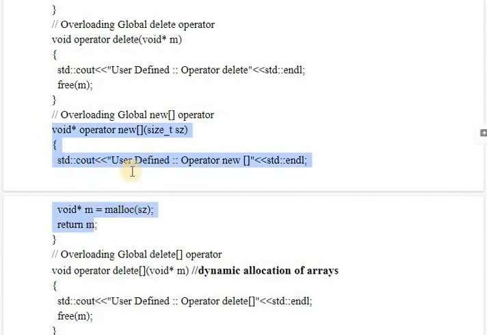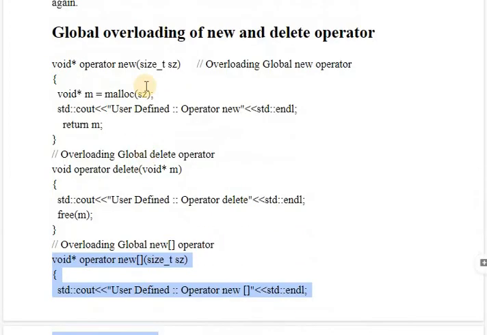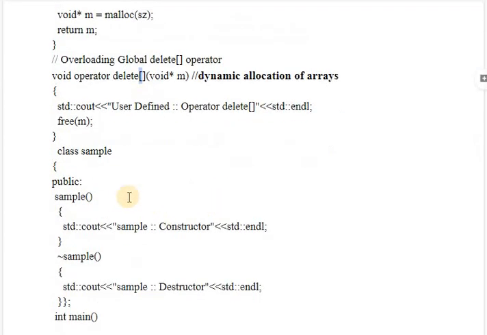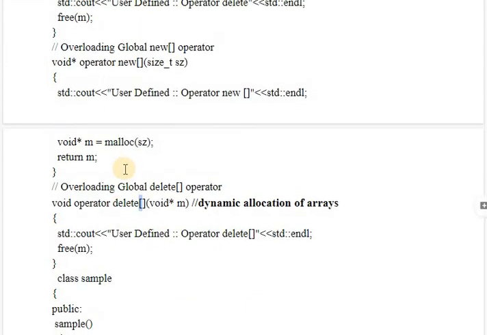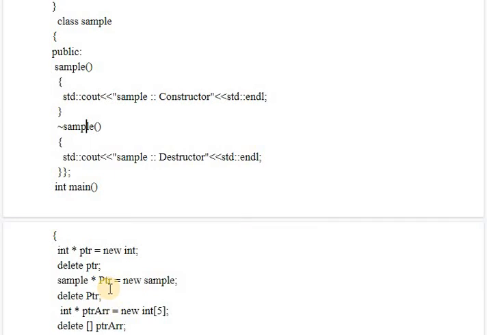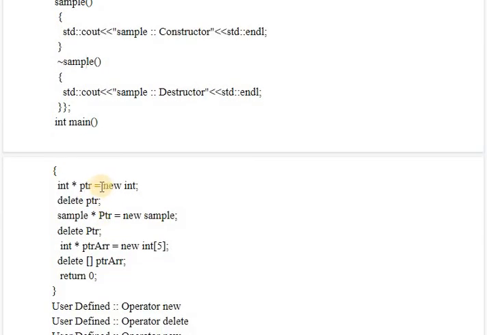Okay, so this operator is overloaded for the array, or this one is overloaded for the normal variable. So delete goes the same as we did in the case of new for the array. When we call these functions, these are the global functions which we have defined outside the class, non-member functions you can say. This is a default constructor, this is a destructor. So I just need to write the normal syntax which we have used in dynamic memory allocation.